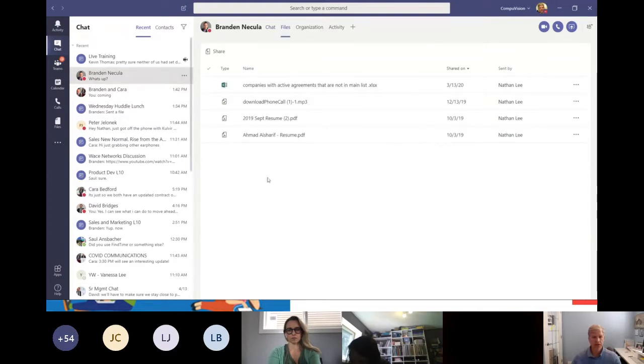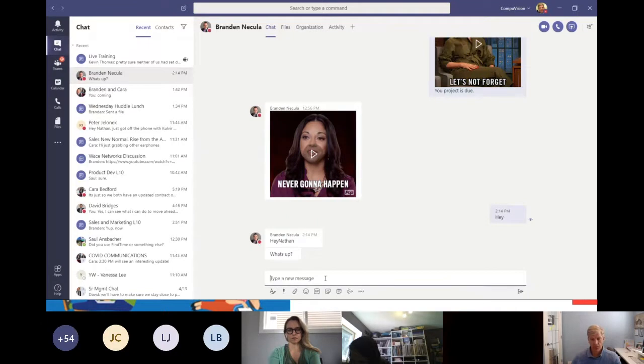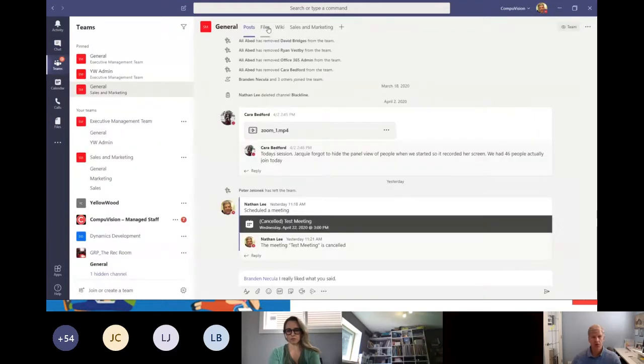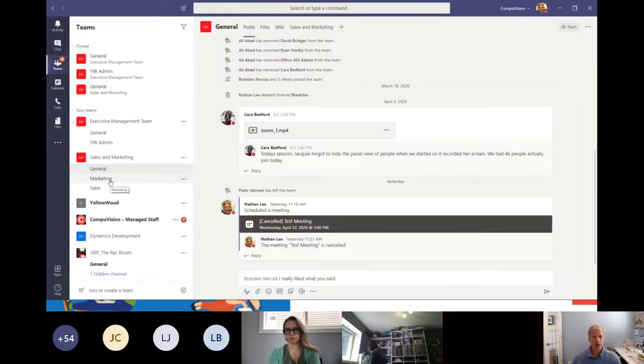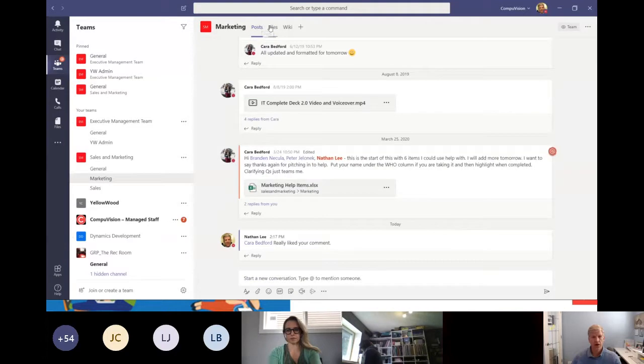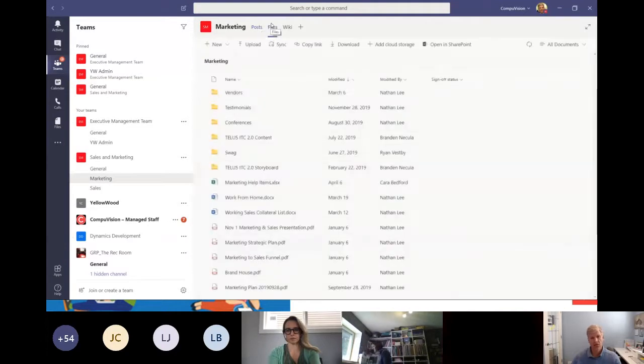It keeps track of any files I would have shared. So an example is in my communication down here below, like I mentioned earlier, I can attach documents to this conversation if I want to share them with the group or with the individual, and it keeps those files stored nicely. Same within Microsoft Teams. I can go into the Teams section, go under Files, and I can see all of the related files of those conversations